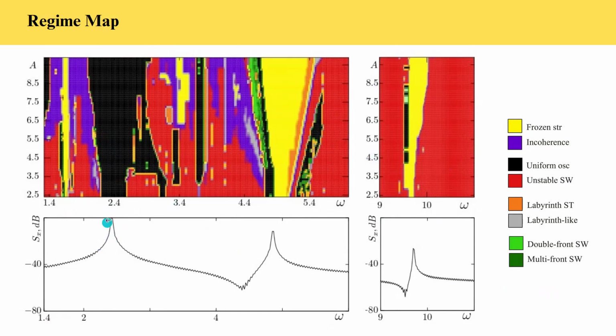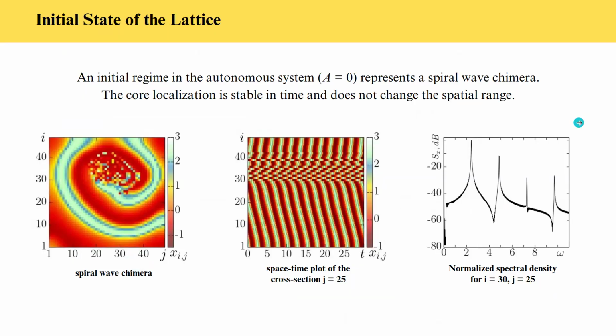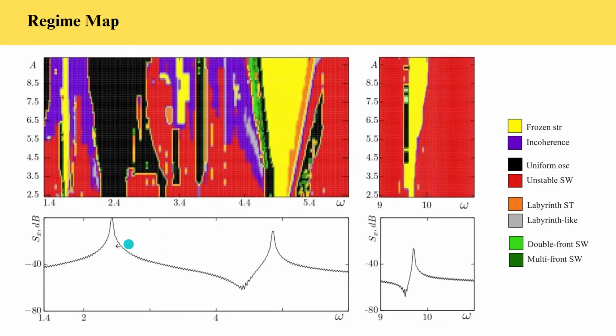When omega matches the main spectral peak of the autonomous system, uniform oscillations can be seen, and the width of that regime increases as the amplitude increases. And when omega is close to the second or fourth spectral peaks, we can see the